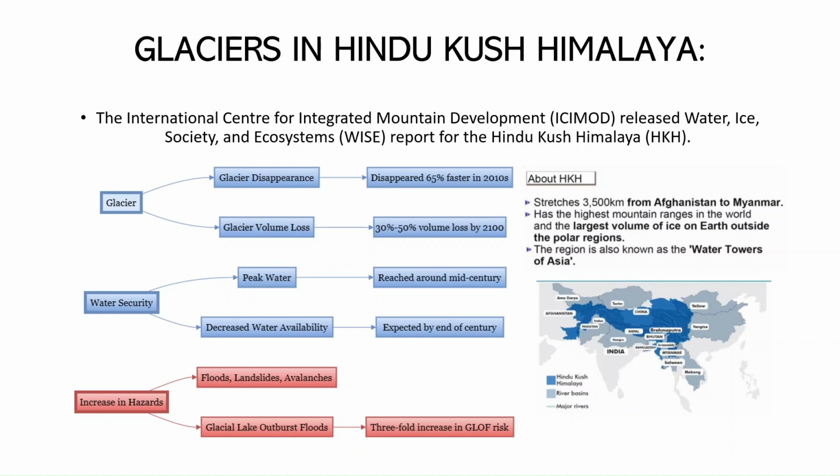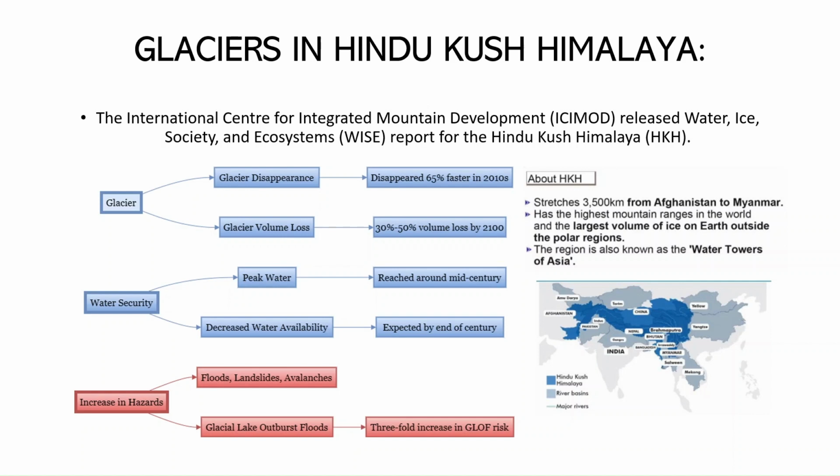As glaciers melt and glacier melting accelerates, the region is approaching a critical point known as peak water. This stage is expected to arrive around the mid-century in most river basins of the Hindu-Kush Himalaya. And unfortunately, it does not signify an abundance in water. Instead, it represents the point where fresh snow water from the glacier melt will be at its highest before gradually